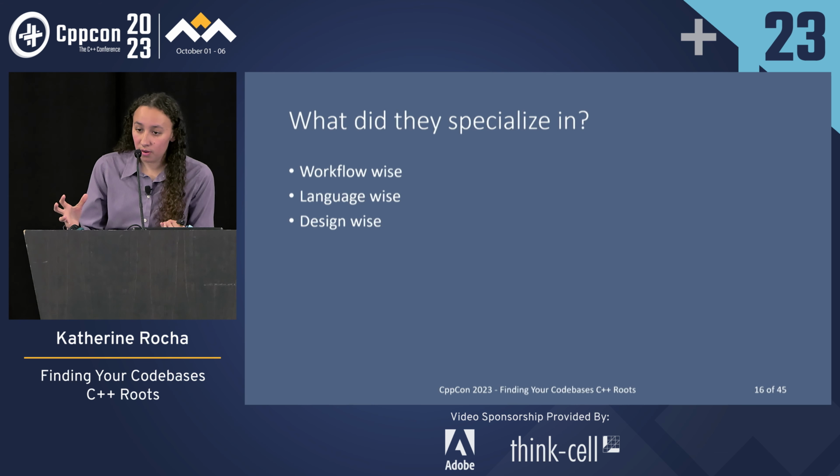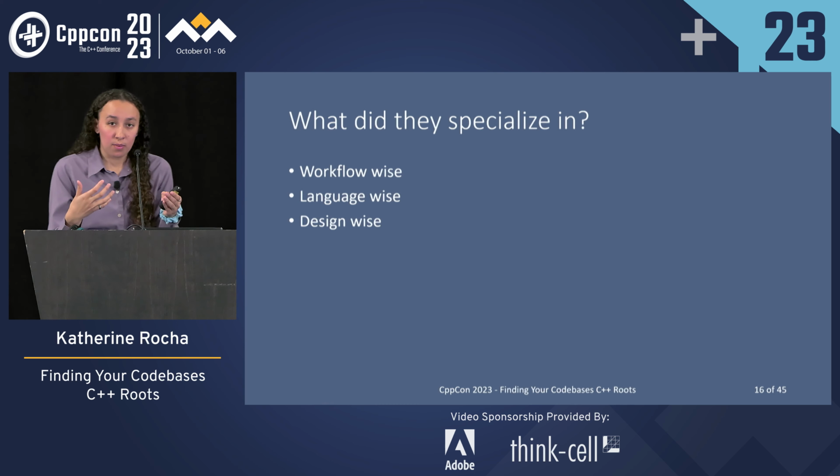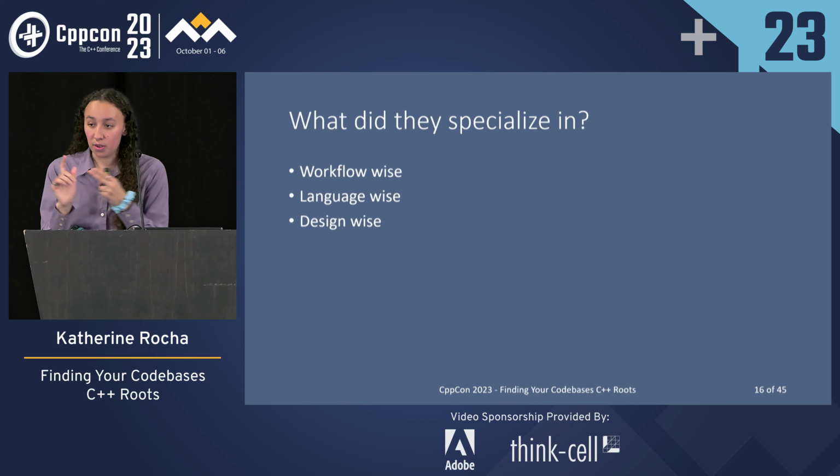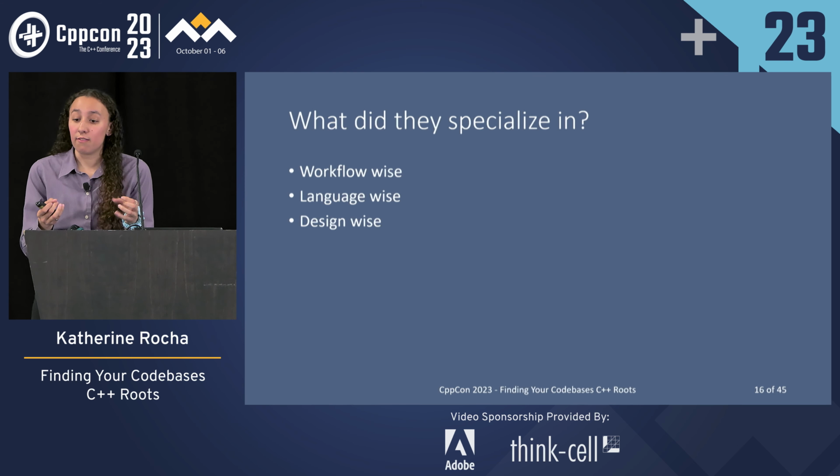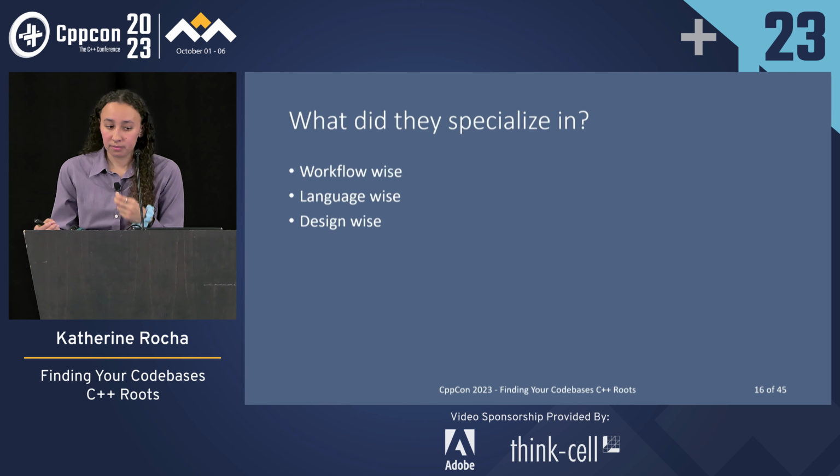Cool. So in order to figure out what each group is doing, we're going to use the 5 W's. So who, what, where, when, and why, to figure out why people are doing the things that they're doing and what's actually going on and how we can figure out what each of these people are doing.